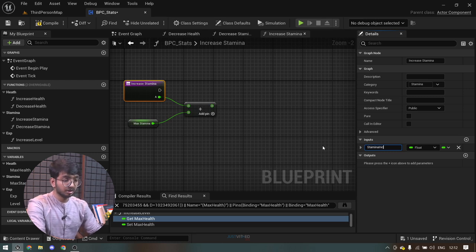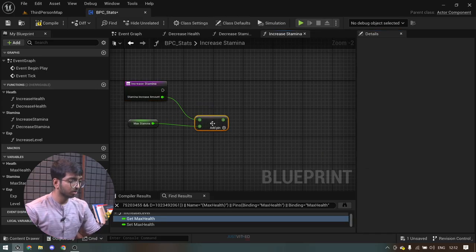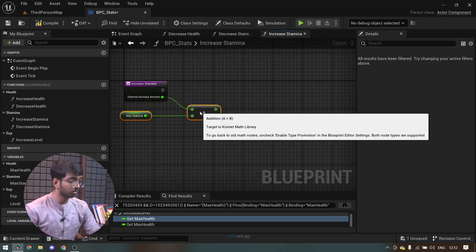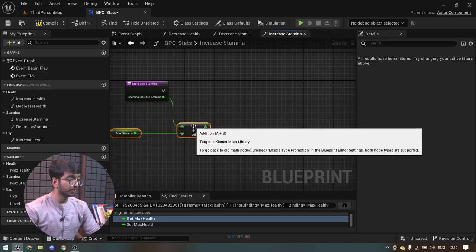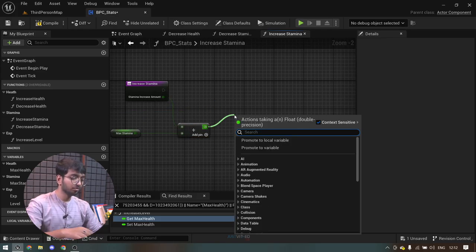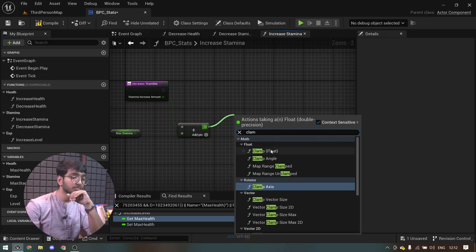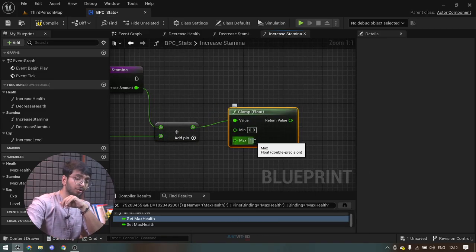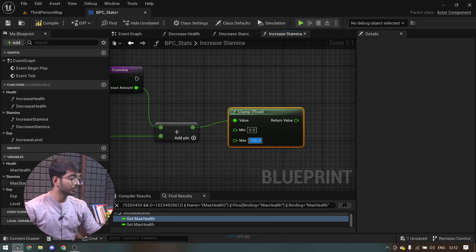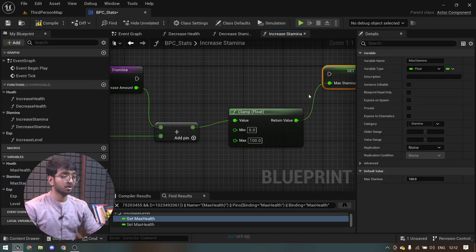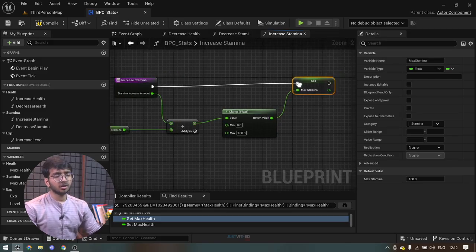Stamina increase amount. Damn, my variable names are going large like an address. Anyways, we'll set this value again. We'll also clamp it because we don't want our stamina to go over 100. Clamp float 0 to 100. I will set this max stamina. Now we don't have to return any value here,